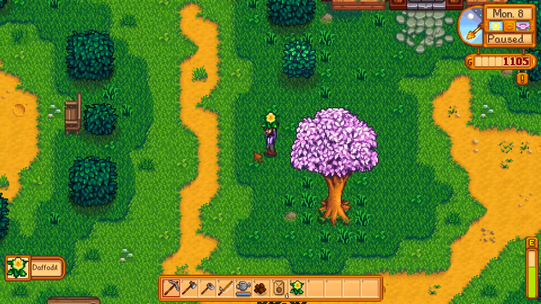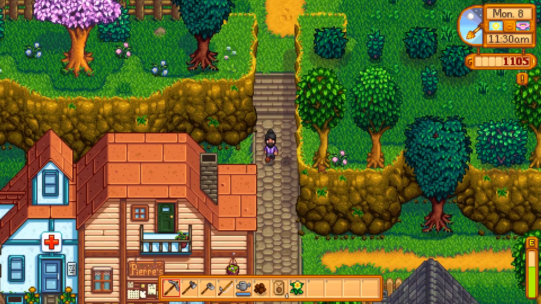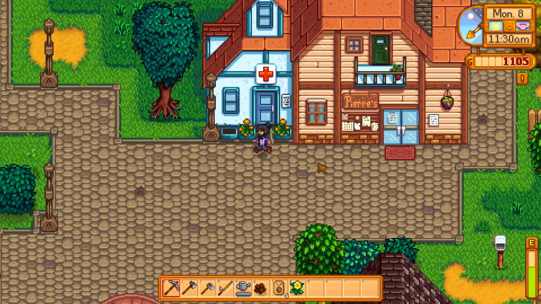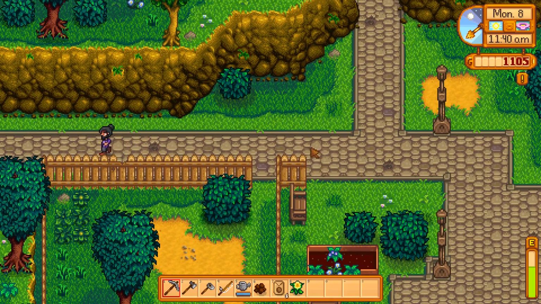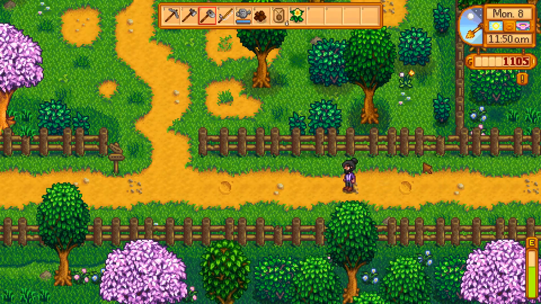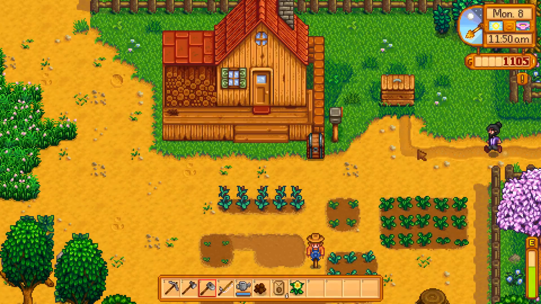Go grab this so we can sell it. Maybe that's what I'll do. Maybe I'll also plant those spring seeds. Get some forage, you know, free forage basically. Make a little bit of money that way. Save me having to think about what seeds I want to buy. I could go grab that dandelion as well, but...